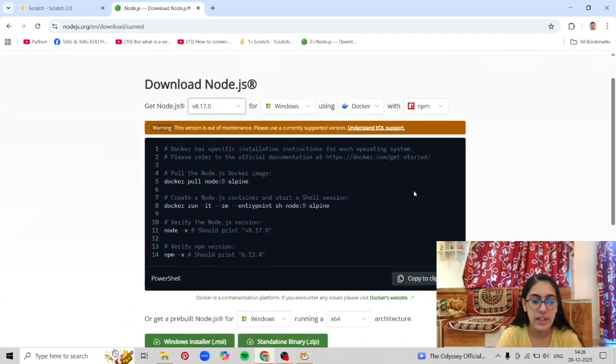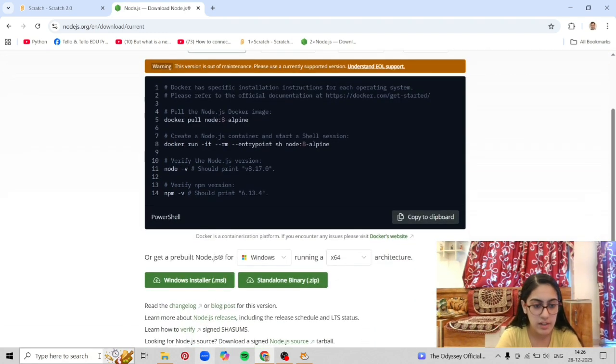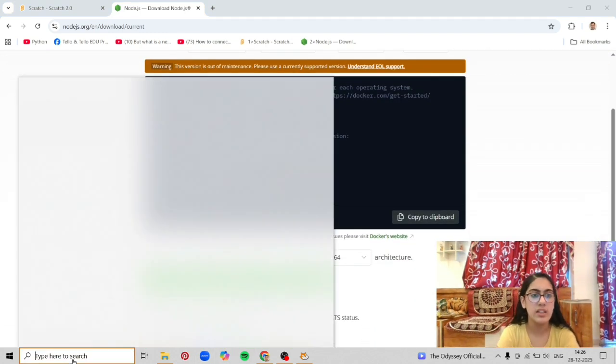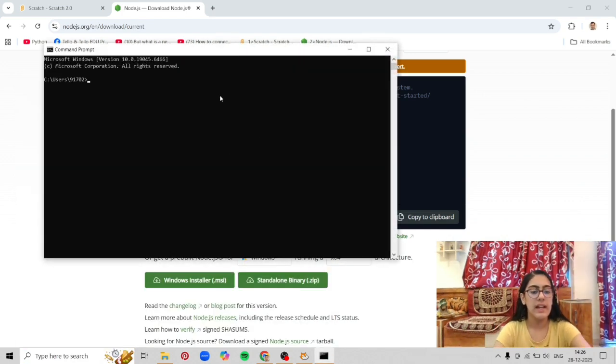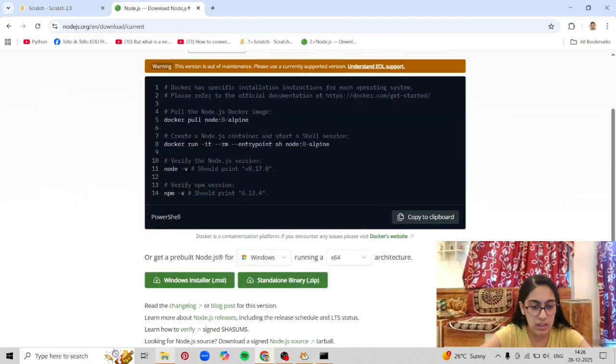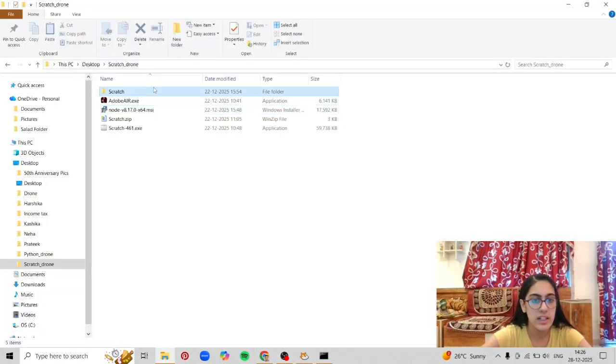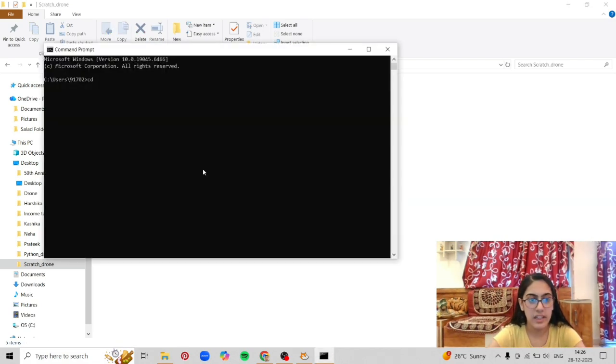Over here we have Command Prompt in Windows already installed. So I will go to Command Prompt. We type cd space, and then we need to link the file of our Scratch folder. I'll copy this file name, go to the Command Prompt, and type cd space, Control V. Now we press enter.